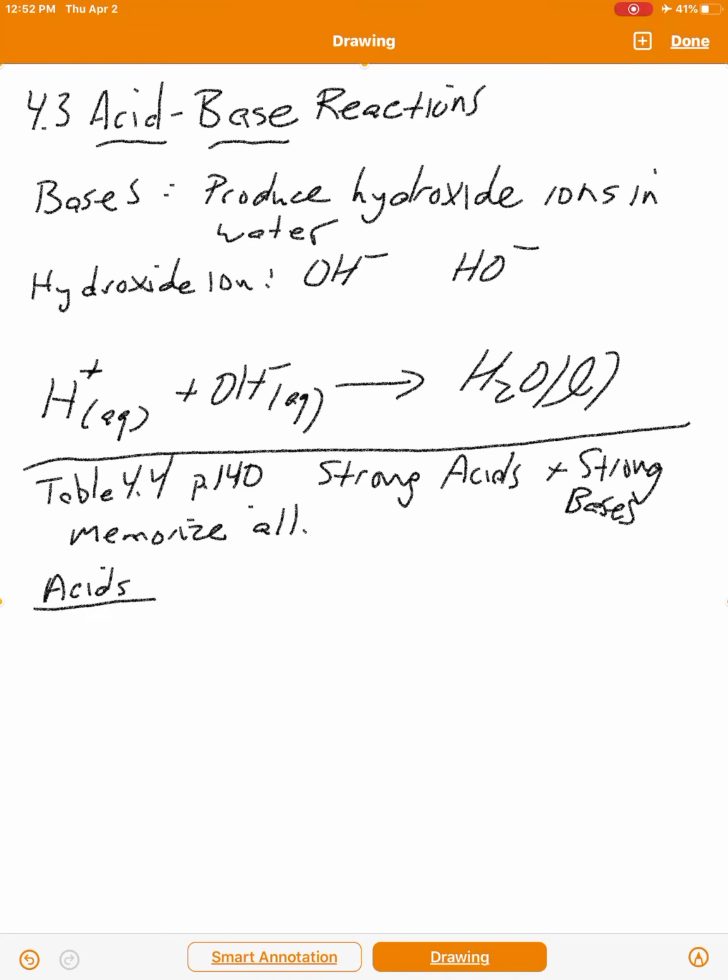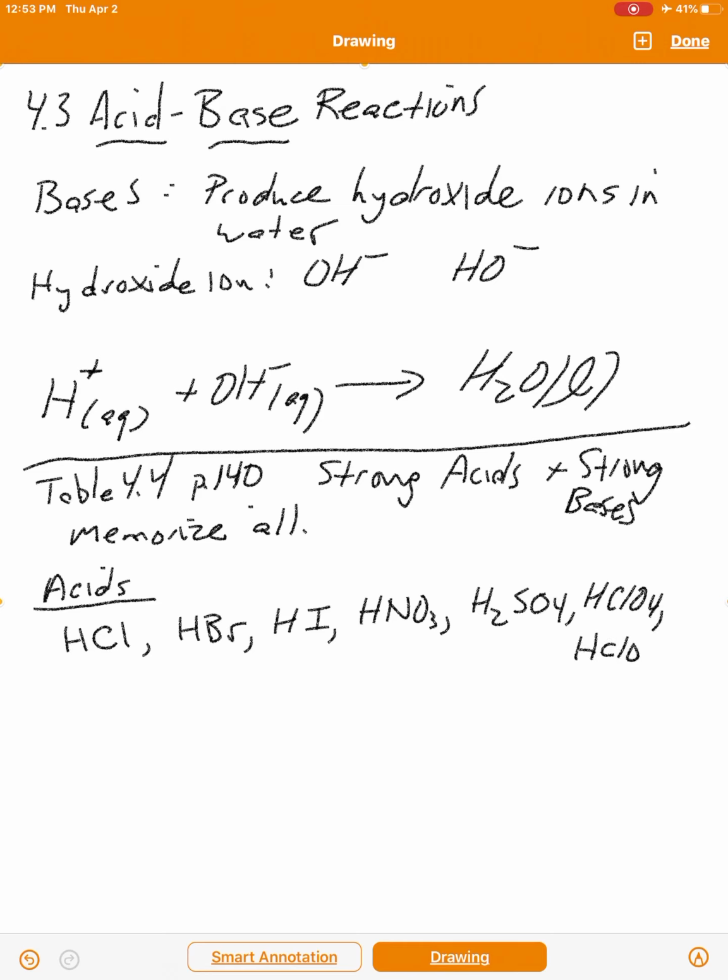Okay. So the strong acids are HCl, hydrogen chloride, HBr, HI, HNO3, H2SO4, HClO4, and HClO3. There are 7 of them, and their names are hydrochloric acid,